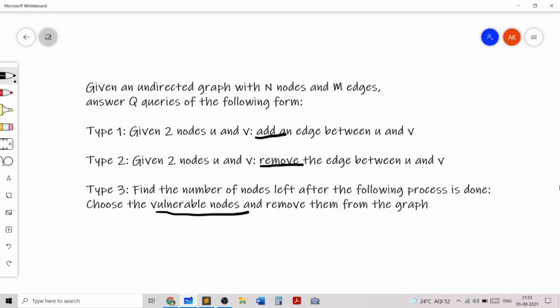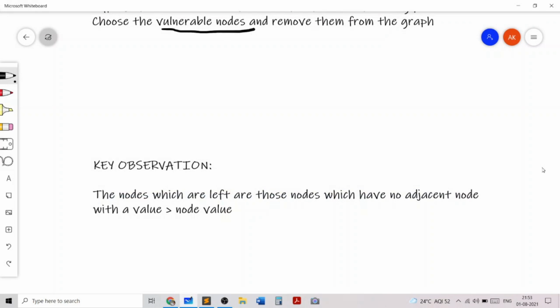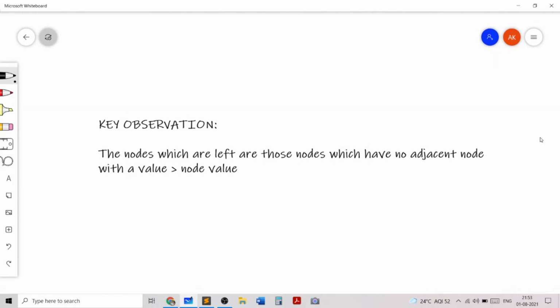First let's analyze the type 3 query, because this seems to be the hardest query. Let's make one key observation and then move to the sample test cases. The key observation is that the nodes which are left after the process is done are precisely those nodes which have no adjacent node with a value greater than the node value.